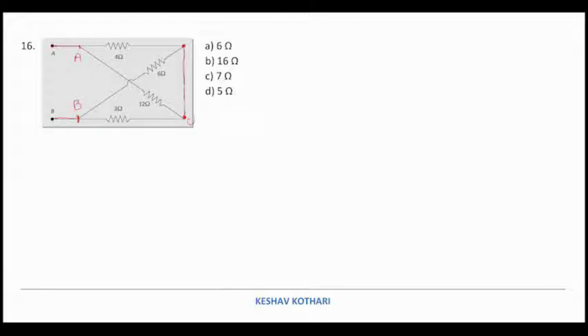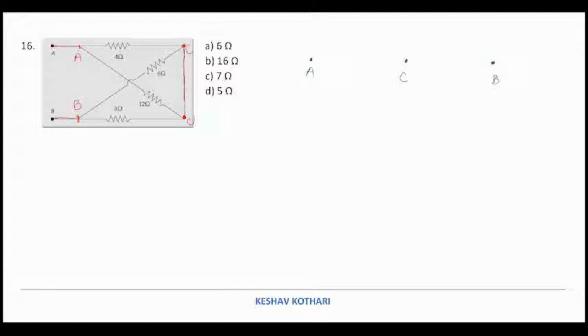Now if we consider this circuit between A and B, I can redraw it this way: there is A, there is a point in between, C, and then there is B. So these are the 3 points between which the circuit is running: A, C, and then B. Now from A to C,